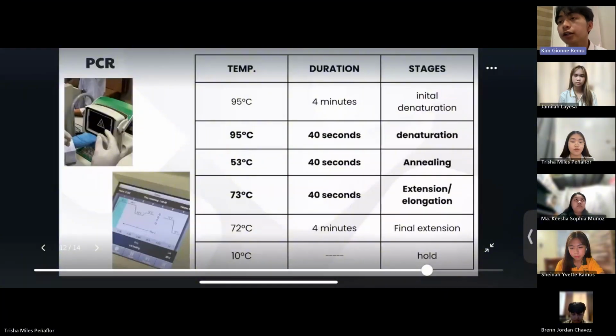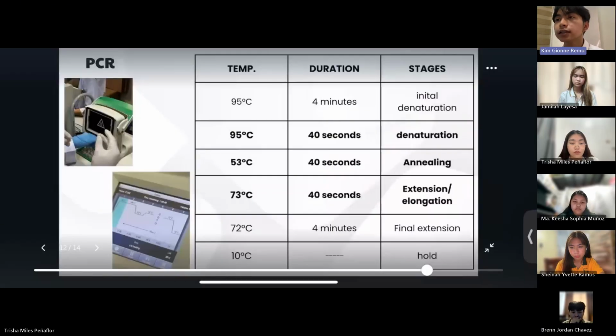In this PCR or thermal cycler program, we have 6 different stages, including the initial denaturation, denaturation, annealing, extension, the final extension, and a hold. The PCR runs for under 2 hours, and for the first 4 minutes, we have the initial denaturation at 95 degrees. It is to make sure that our DNA is highly heated before we reach our denaturation process for 40 seconds,